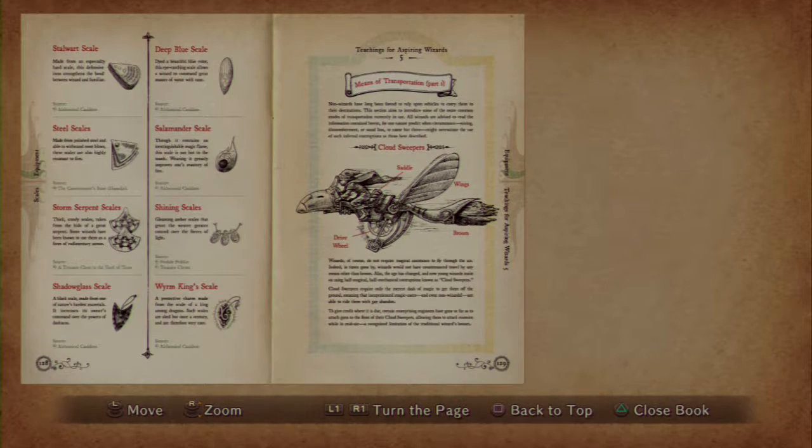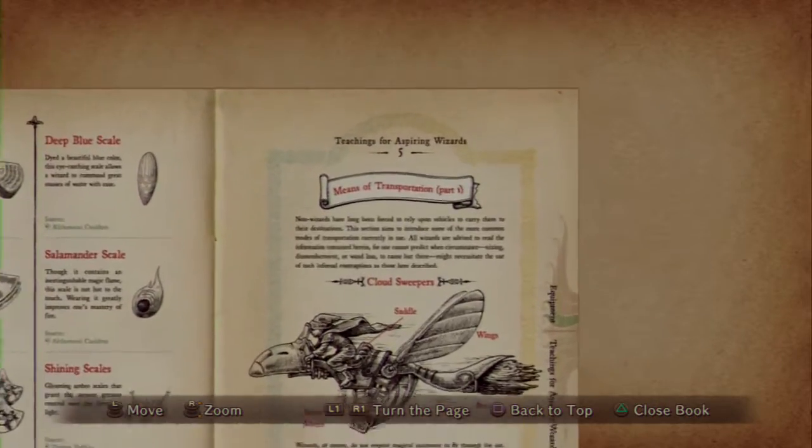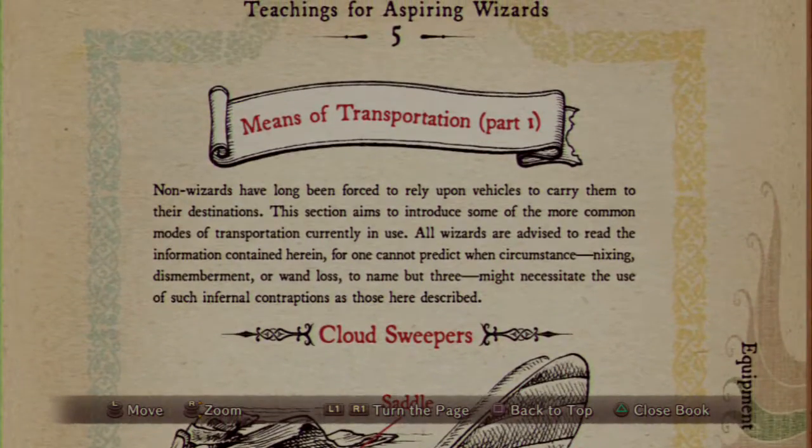Teachings for Aspiring Wizards, number 5. Means of Transportation, Part 1. Ironically, we did this after Part 2, because this is really the only time I had to talk about Cloud Sweepers, really. None of it seemed like a good time to cover it any other area. I mean, I suppose we could have covered it after we got the spell Broom Broom, and it mentions Cloud Sweepers, but